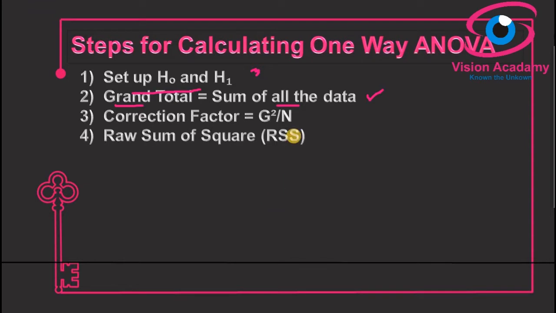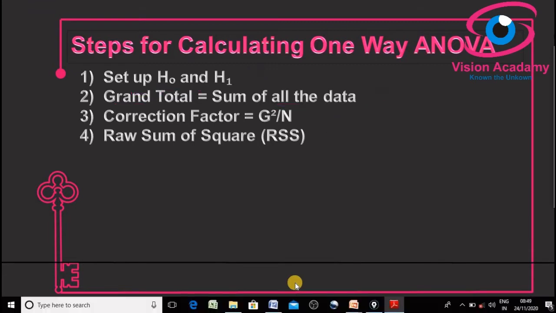And also we need to calculate the raw sum of square. For calculating raw sum of square, we need to follow a formula. I will show you how that formula works. Simply, if I want to tell how to make this raw sum of square, firstly square each and every sample in your data set. Very simple. Firstly you need to square each and every data in your set and add all the data at the end, then you will get a raw sum of square.